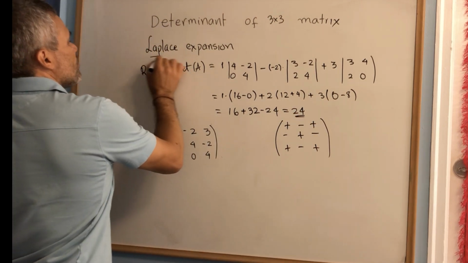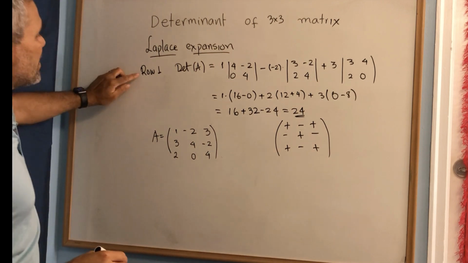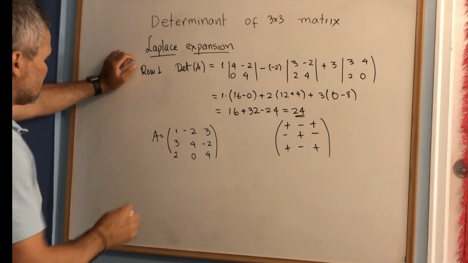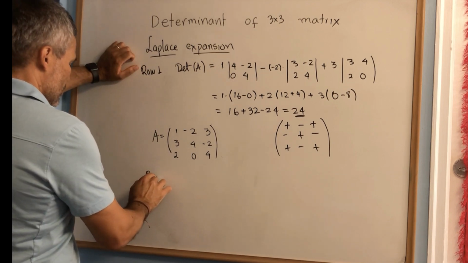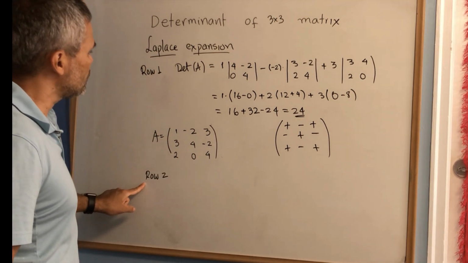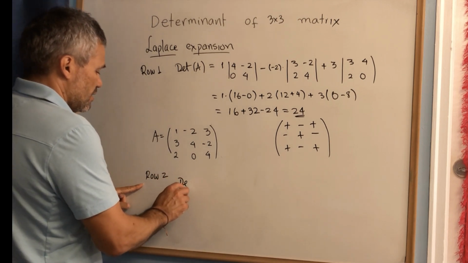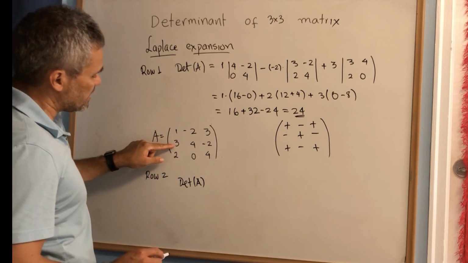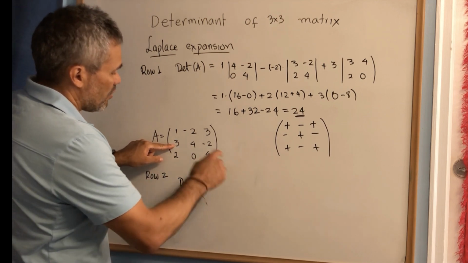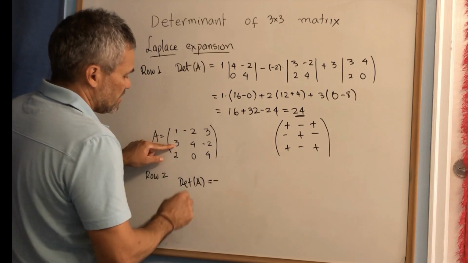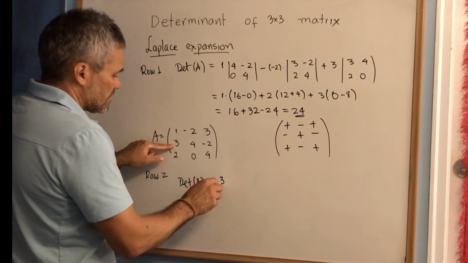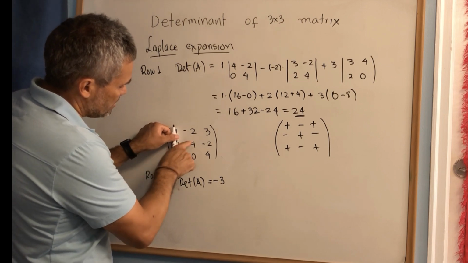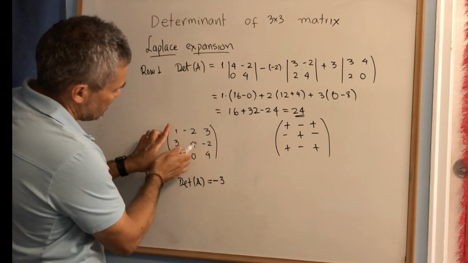Notice that when we do the Laplace expansion, we can select any row or any column. What happens if we select row number 2? If we select row number 2, then the determinant of A, we're going to select this row. Then we look at this entry. Then this entry goes with a negative. Then it's negative, the value of the entry, which is a 3, and then we have to remove this column and this row, and we end up with the matrix